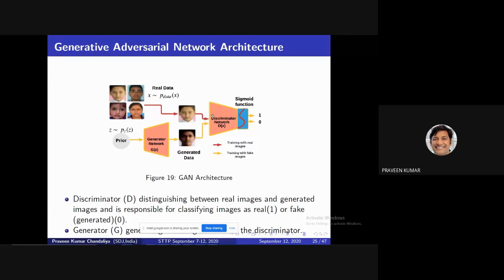The discriminator takes these samples, then passes them into the discriminator. This discriminator works as a classifier, meaning this discriminator gives information: this image is real or this image is fake. For a real image the representation is 1, and 0 is the representation for fake. This means the discriminator is always trained two times: one trained on your real image and one trained on the image generated by the generator, meaning fake image. Then it decides whether this one is a real image or a fake image.